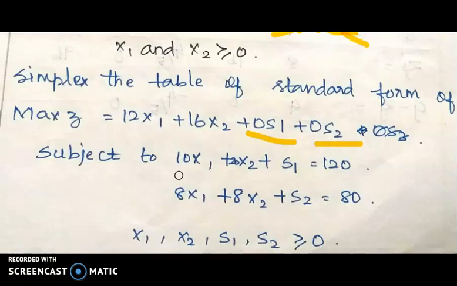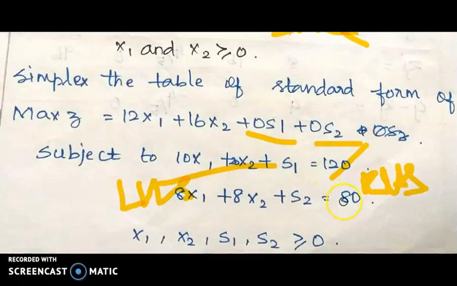Check whether all the right hand side values of the constraints are non-negative. This is the right hand side, and this is the left hand side. Right hand side values should always be positive. If a value is negative, we should multiply that individual equation by a minus sign. After that, we go to the next step.